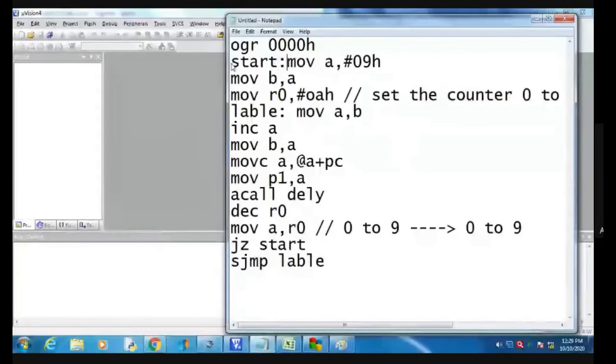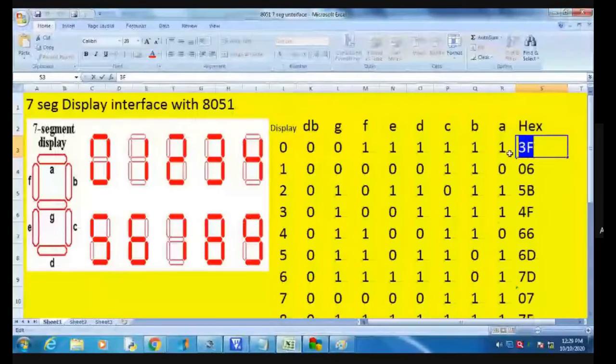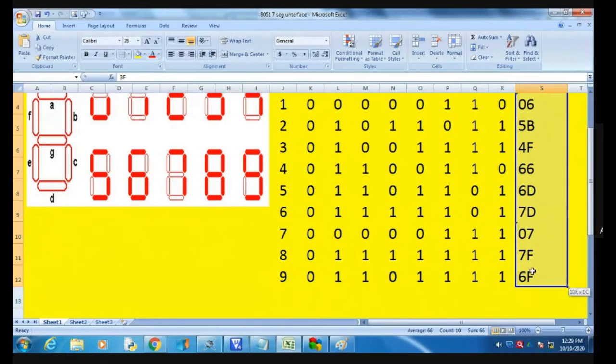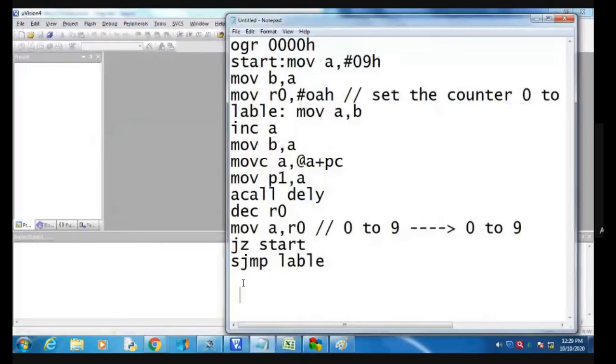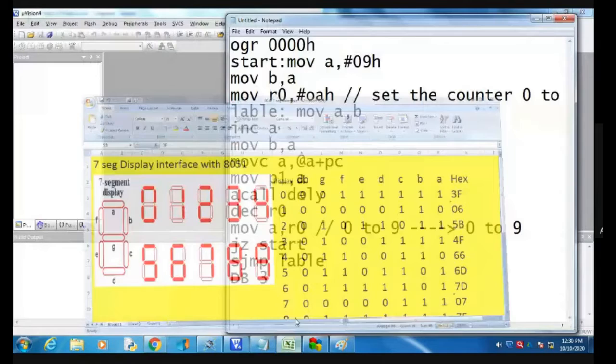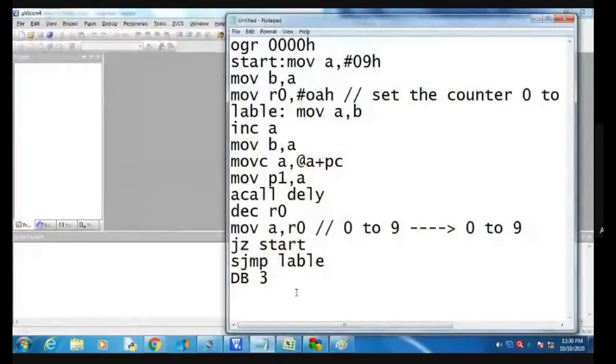Okay. Now we are going to define the decimal point. Here I am going to define the decimal point, dB, here dB space 0. What is the first? 3F.